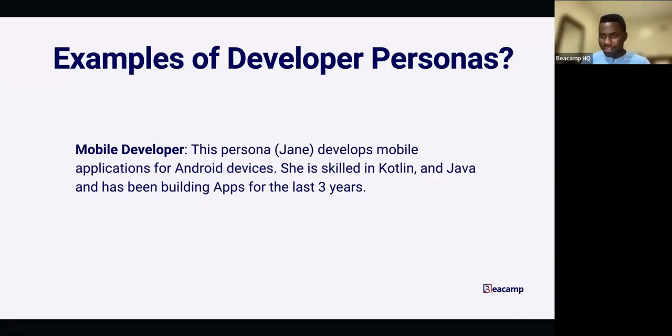So with this simple persona, we know the niche, we know the operating system she builds for, we know what she does, Kotlin and Java, and how long gives an idea of her expertise, the level she is, which is mid-level. Now imagine that the company you are marketing for, or advocating for,